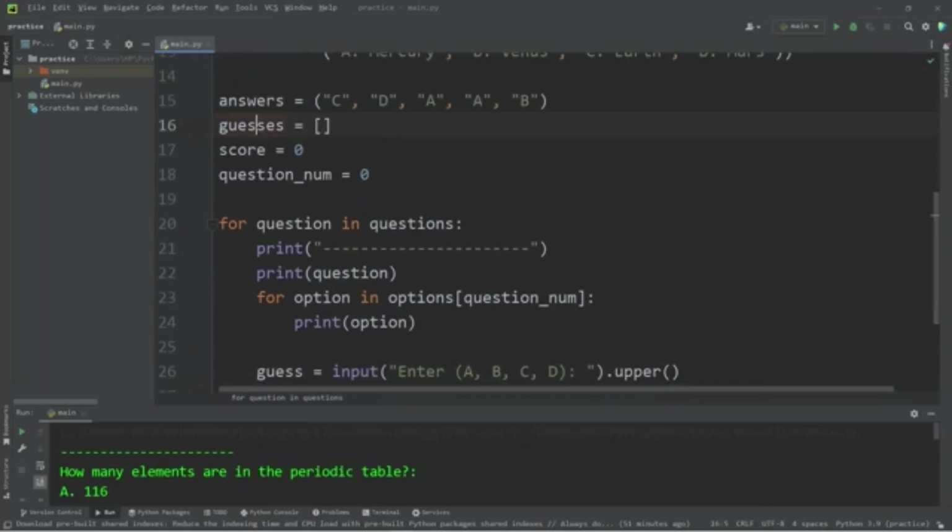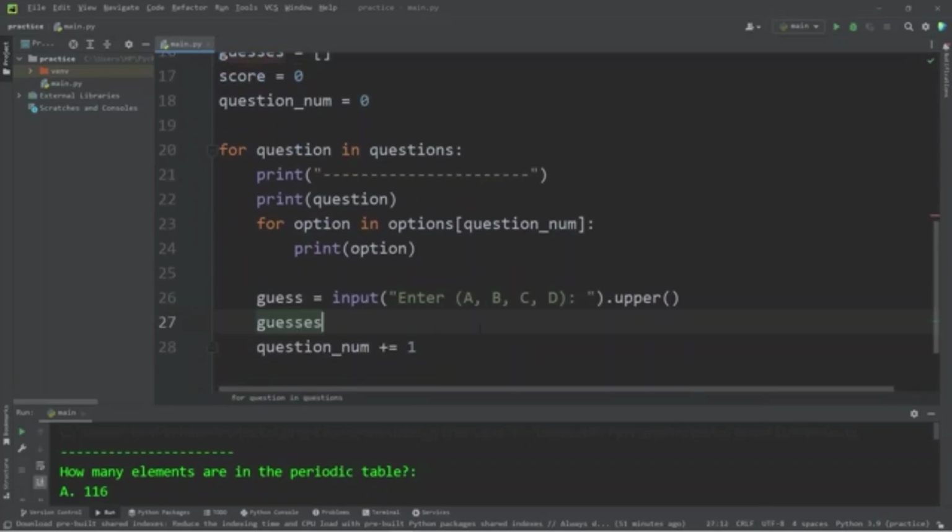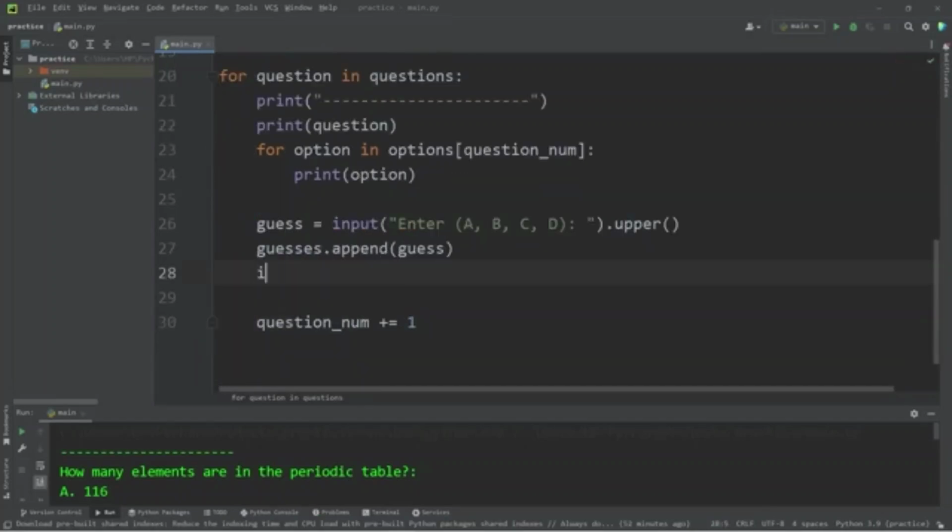We will take our list of guesses, use the append method, add our guess to that list. If our guess